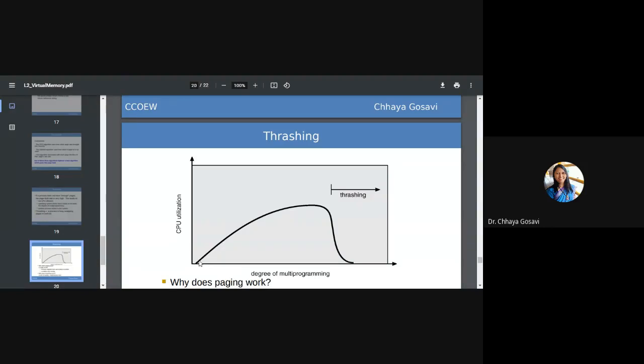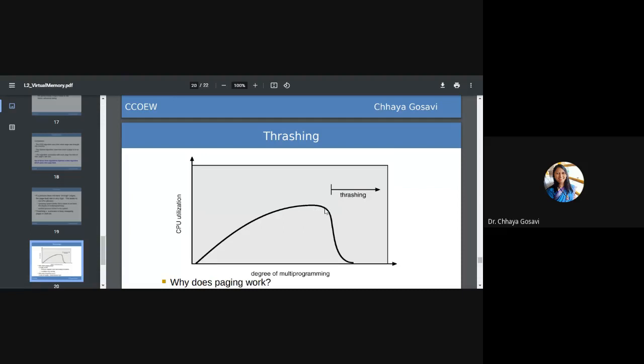So when one process is busy with the CPU, the other process can do its input output. When the first process goes for input output, the second process can use the CPU. So it will increase CPU utilization. So the operating system thinks it needs to add more processes, that means increase the degree of multi-programming, to increase CPU utilization. It will continue till a certain stage. At a certain stage, when you increase processes, CPU utilization will be constant.